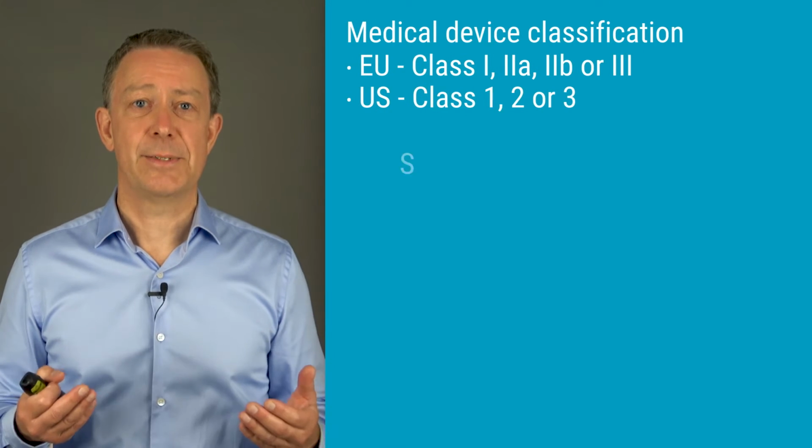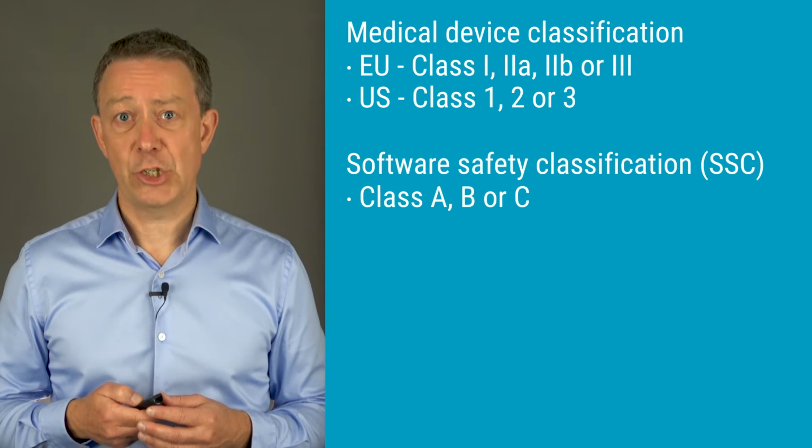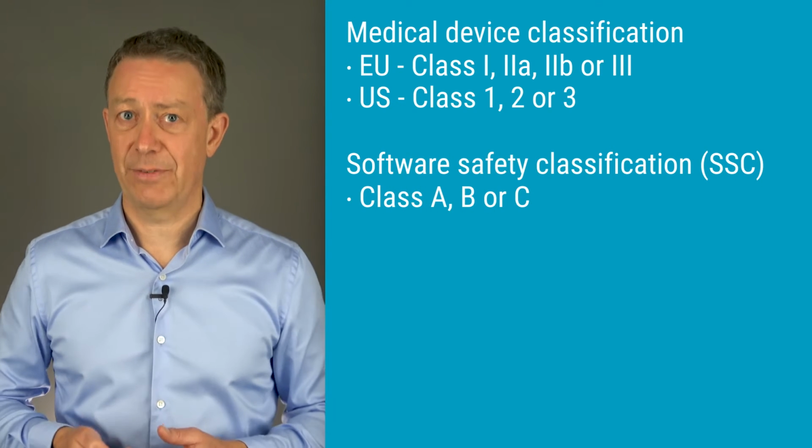The purpose of the software safety classification is to determine the rigor of the requirements in the IEC 62304 standard. The standard is intended to be applicable worldwide and is not linked to any medical device classification. And when it comes to numbering, the software safety classification uses letters. Class A is considered a low-risk classification and Class C is a high-risk classification. Software safety classification is based on a potential injury a software failure can cause. I will show you how to establish a software safety classification in a separate video, but for now, I will simplify it a bit and say that software safety classification is driven by the severity of the harm that the